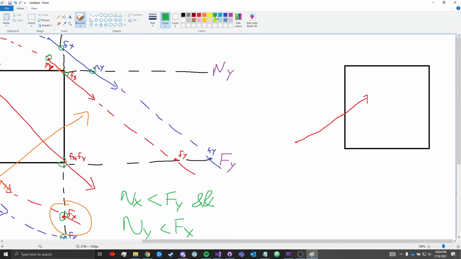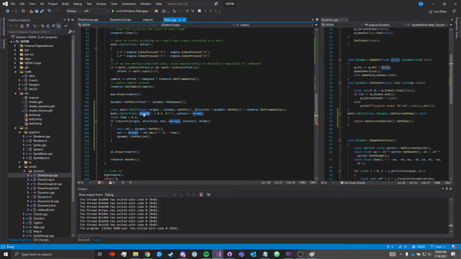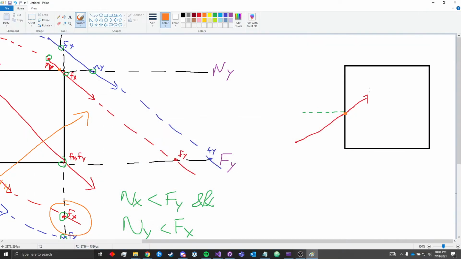Obviously we need our vector to actually go into the box. And so our surface normal is going to be that. Our contact point will be this. I'm sort of mapping this to the variables that we have here. We have normal, contact, and time. So green is normal, orange is contact, and then time is going to be this interval here,